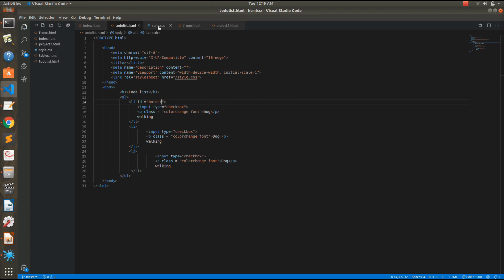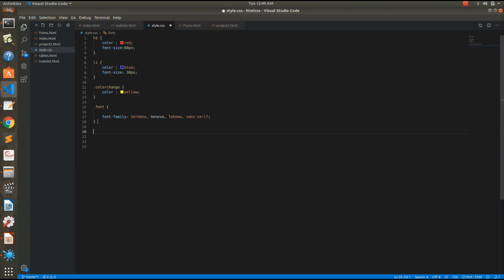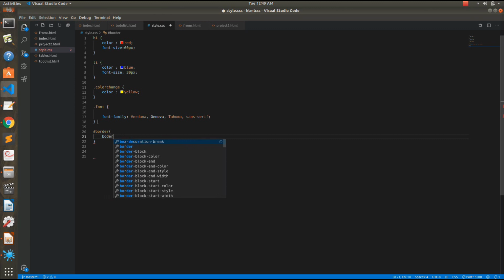Save this, move to the style sheet file, and provide it with a border. I'll write the ID name. Now, as we have written a dot before the classes to identify them, we will write a hash symbol here to identify it as an ID. So border ID, now we want to provide it a border. So I will write here border